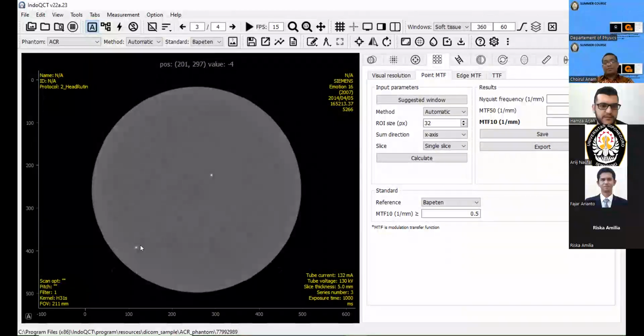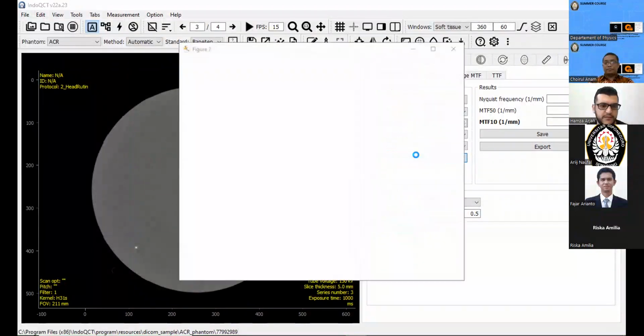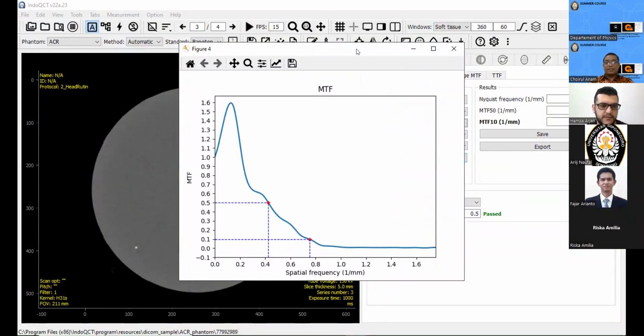But if we measure this point, we can use the manual ROI. I will try using automatic measurement first, and I only press this calculate button, and then we get these values.